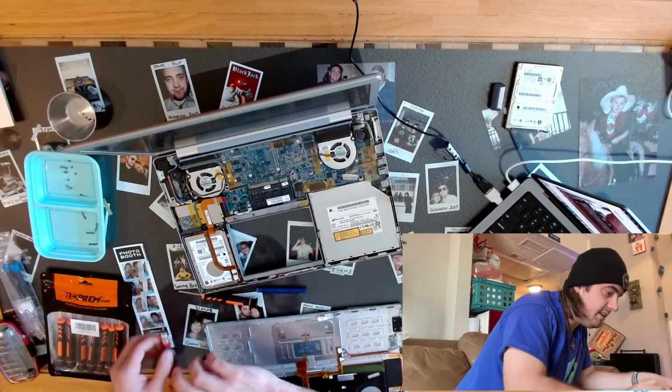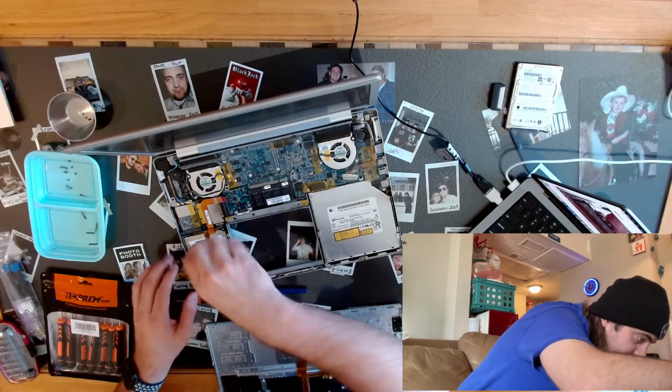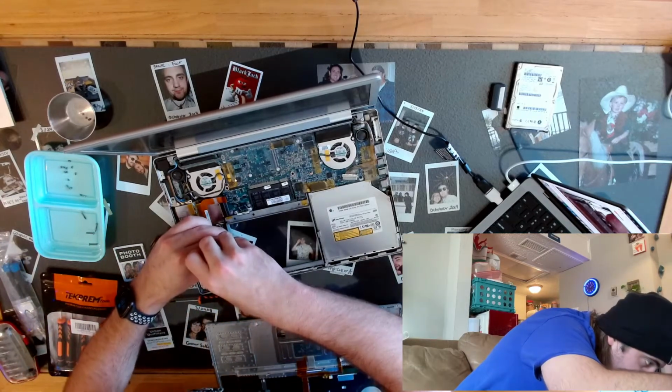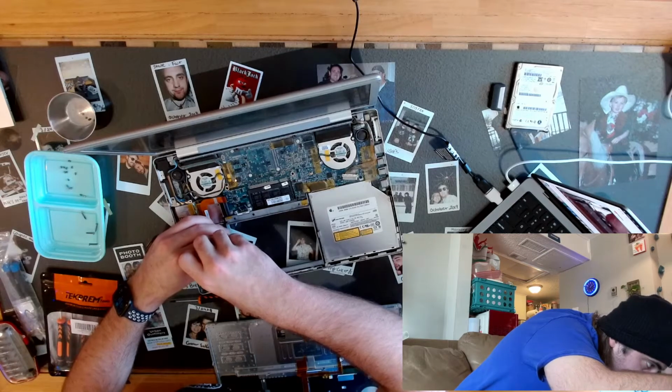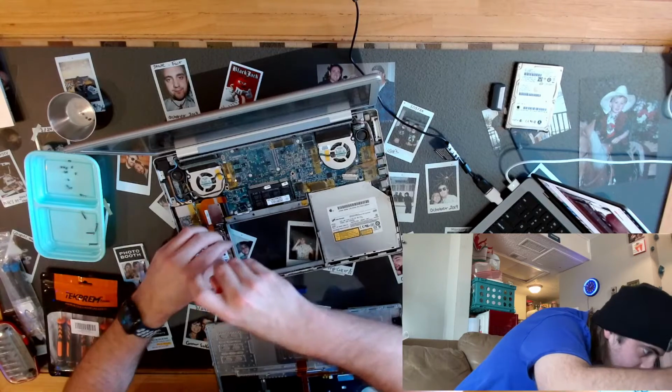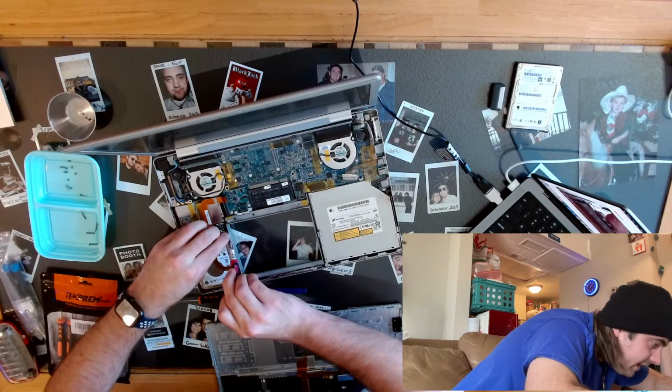I guess maybe I need to unscrew this thing. This is probably holding the hard drive into the frame. Come here. Come here. Little screw. You little goblin. Come here. It's like it's magnetically attracted to the fucking drive. I can't even...